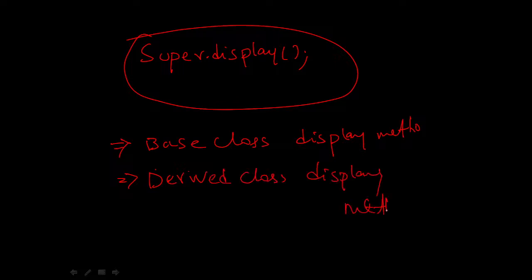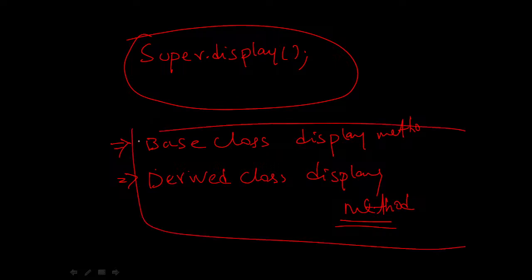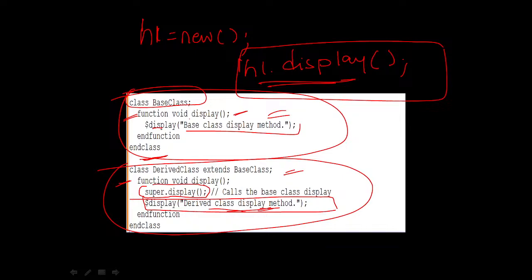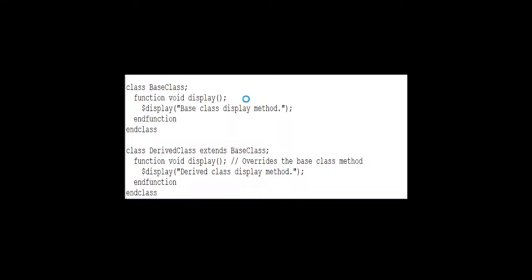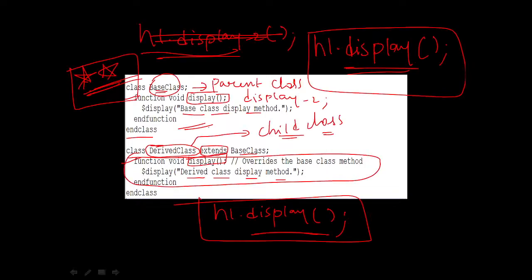This is how we are going to print the two displays with the same name. But in the previous case, if you observe, if we call the display method with the handle h1 dot display, we are only getting